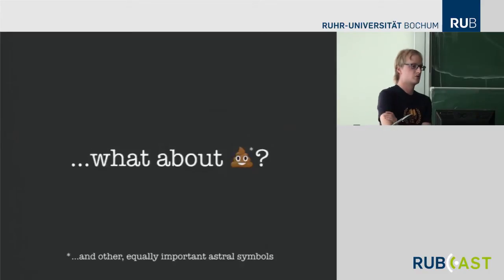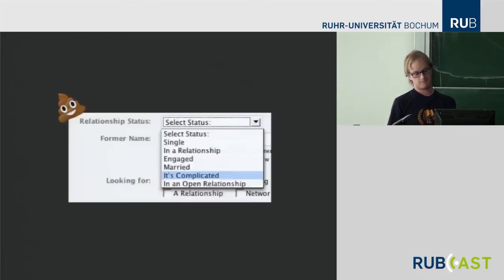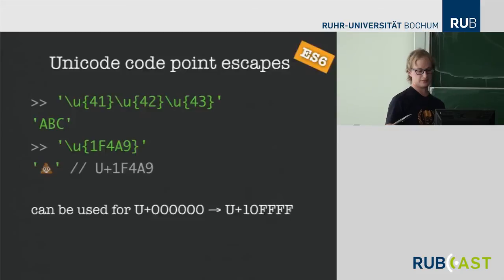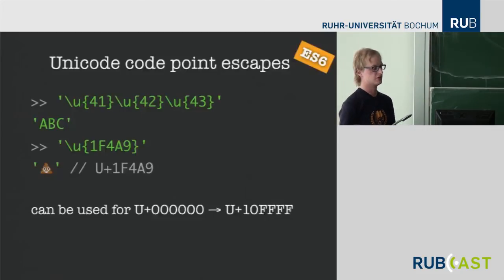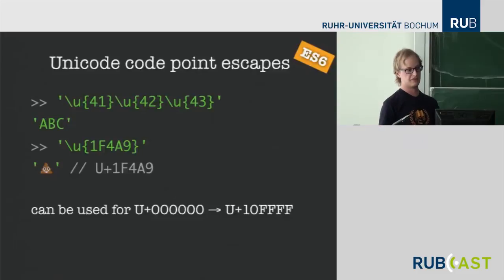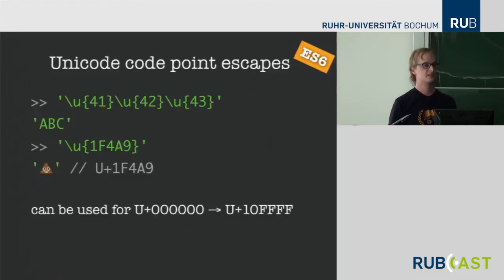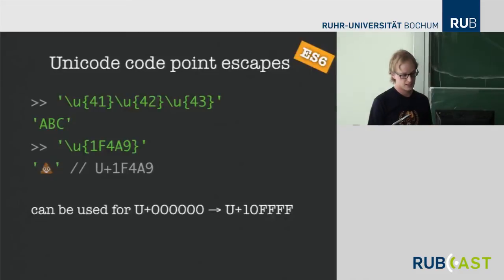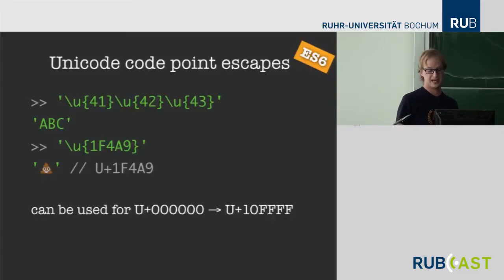Another way to phrase the question is, what about the pile of poo? And other equally important symbols, of course, astral symbols. So the answer is, we can escape them, but it's kind of complicated. In ECMAScript 6, it will be really easy, actually, because they introduce a new type of escape sequence called the Unicode code point escapes. Now you have a backslash followed by U, followed by braces. And between those braces, you can use up to 6 hexadecimal digits. So this is enough to represent any Unicode symbol. It's really easy too. The only downside is that it's a new feature and it's not implemented anywhere as of